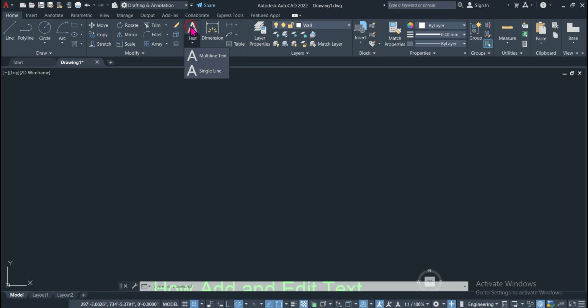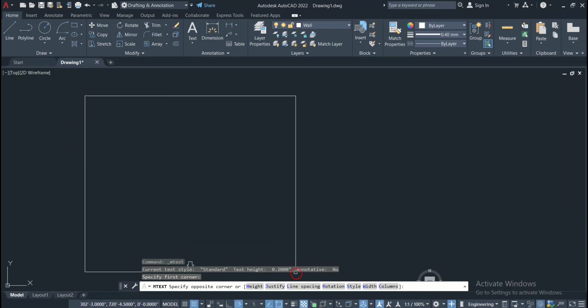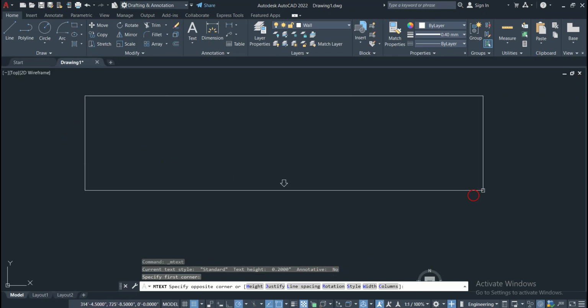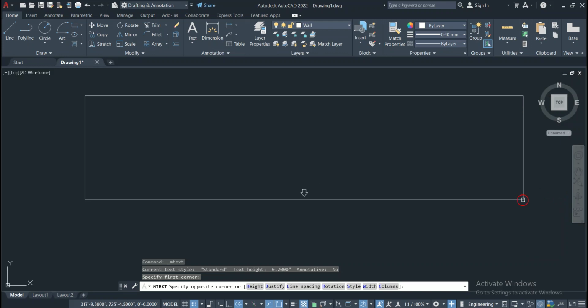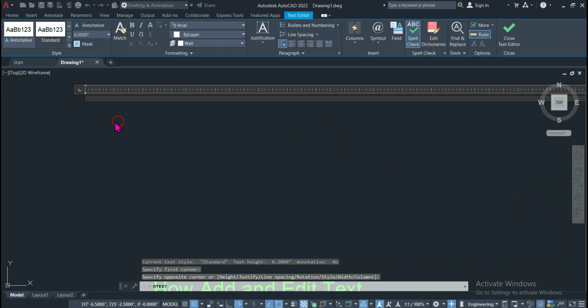Now when you click on multi-line, you can see in the command line it says specify first corner. This is the first corner. Now in the command line you can see it requires you to specify the opposite corner. So this is the second corner. Now by default it is active to write your text. So now I have to write